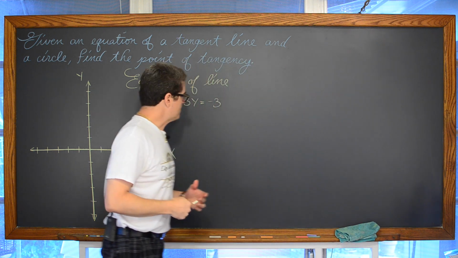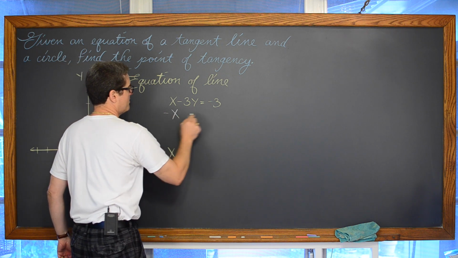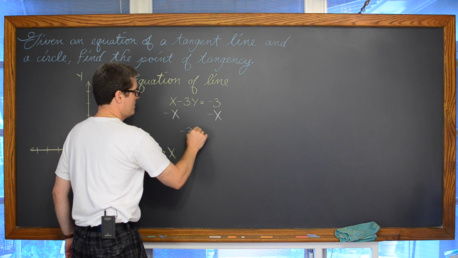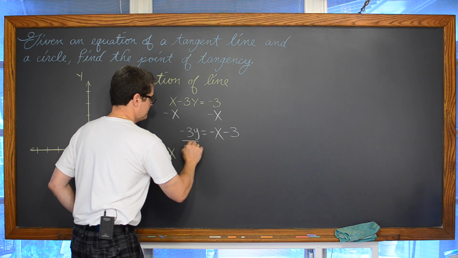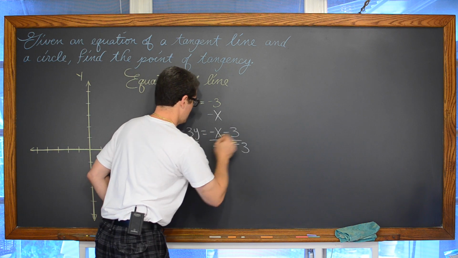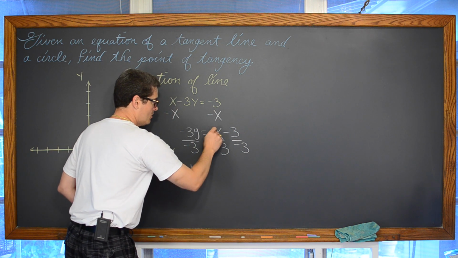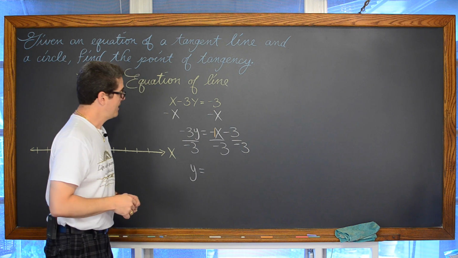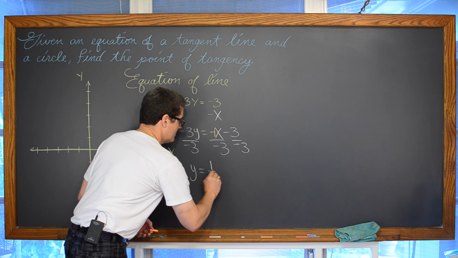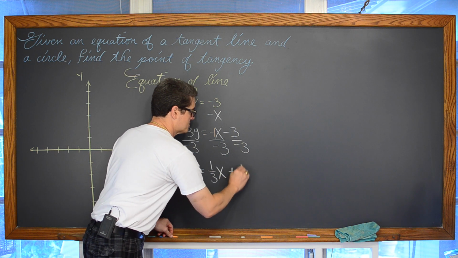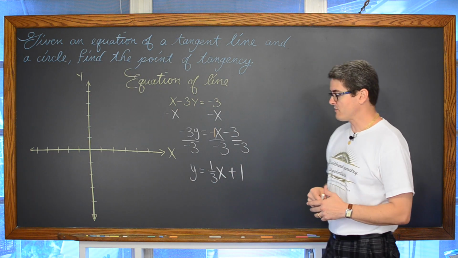But we're going to put this into slope-intercept form, y equals mx plus b. So we're going to do that by subtracting x from both sides and getting -3y is equal to -x minus 3. We're going to undo that multiplication of 3 by division. And -3 divided by -3, of course, is y. We've got a coefficient of 1 in between the negative and the x, so that's of course -1 divided by -3 is positive 1/3. Don't make that into a decimal like so many students want to do. Fractions are not bad. You can't use a tape measure or a ruler if you can't use fractions.